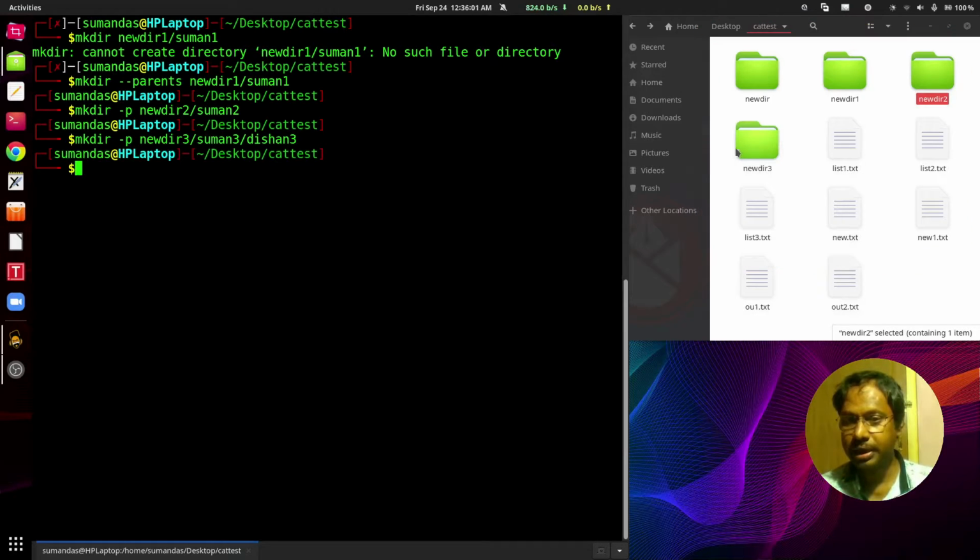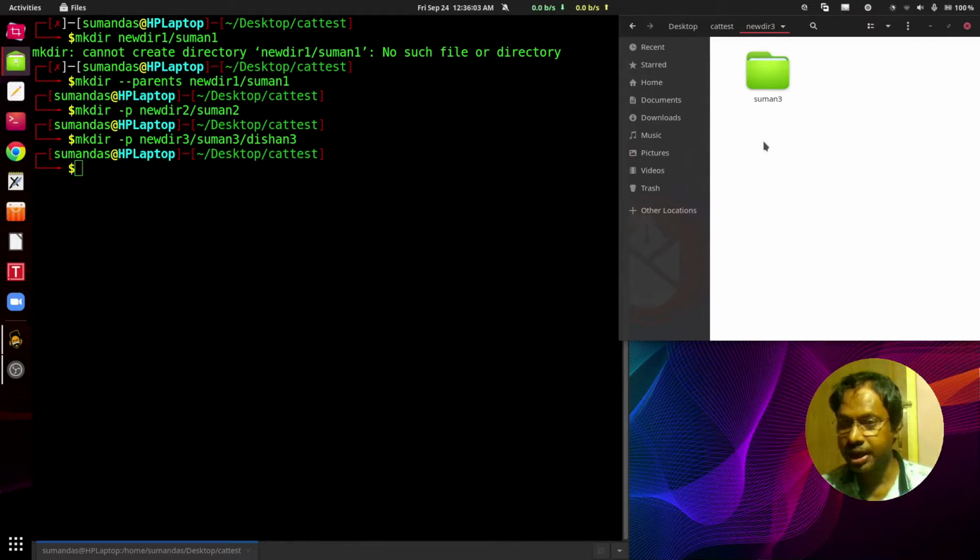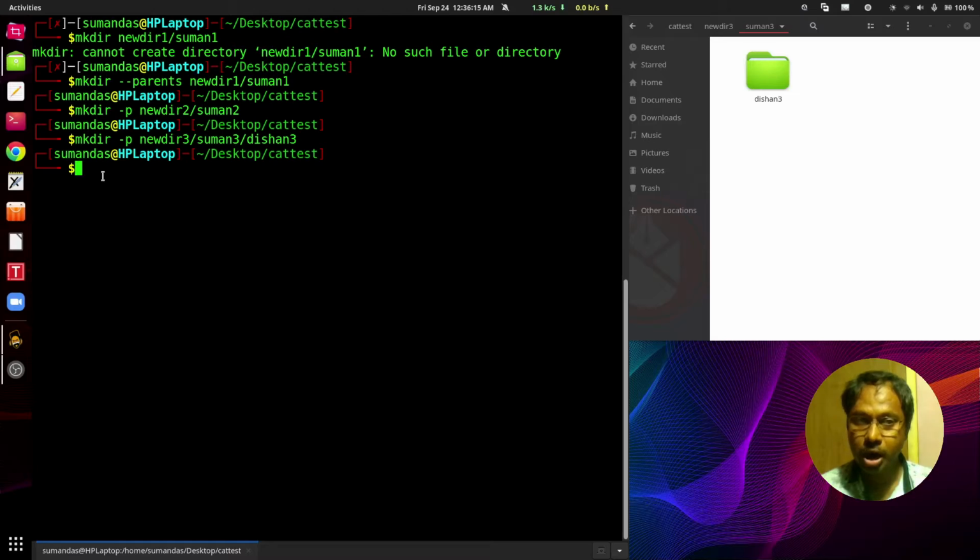Here also we can check new dir 3 has been created. Under this the subdirectory Suman 3 has been created, and under this the Dishan 3 directory has been created. So using -p or --parents, that flag with the mkdir command, we can create the directory structure.